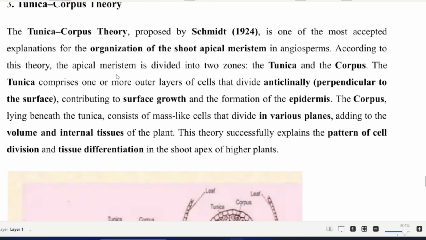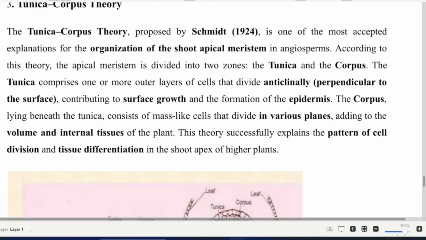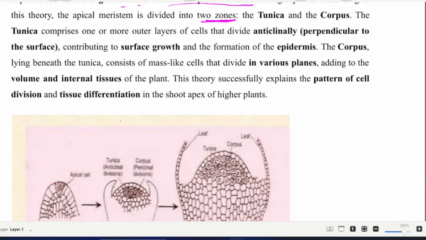Now the third one is the Tunica-Corpus theory, which is the most accepted explanation for the organization of the apical meristem, which was proposed by Schmidt in 1924. According to this theory, the apical meristem is divided into two zones, that is tunica and corpus. The tunica may be comprised of layer 1 or sometimes more layers like layer 2,